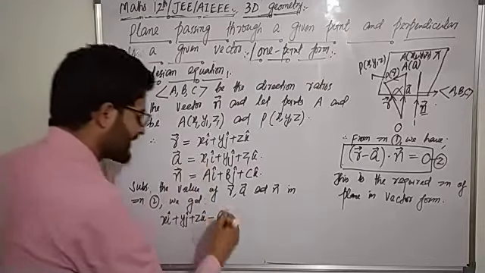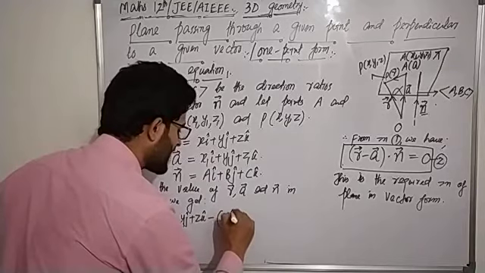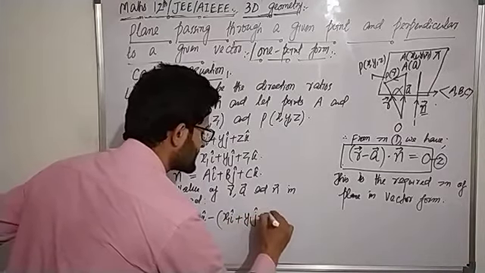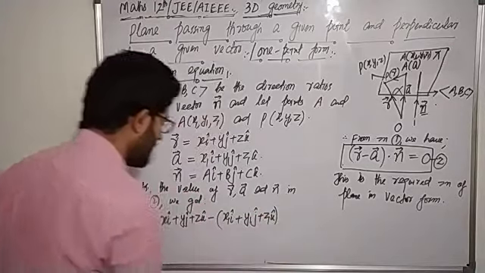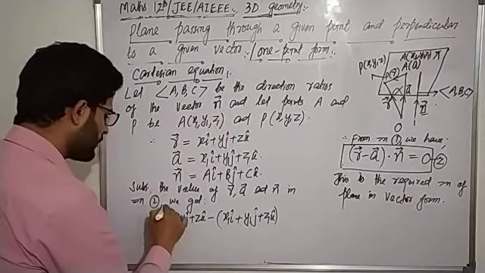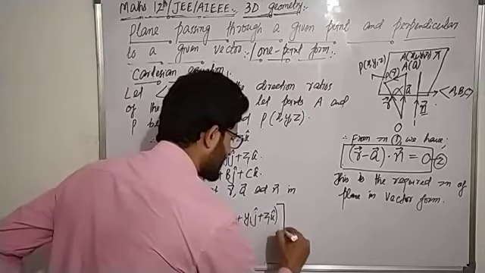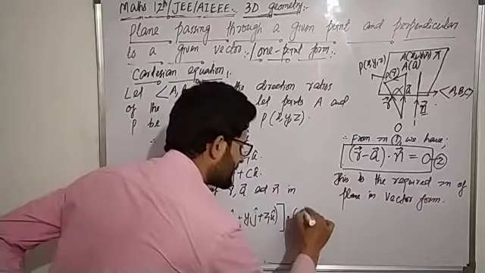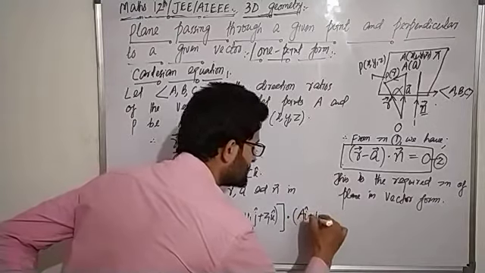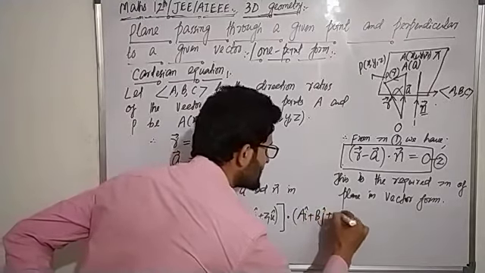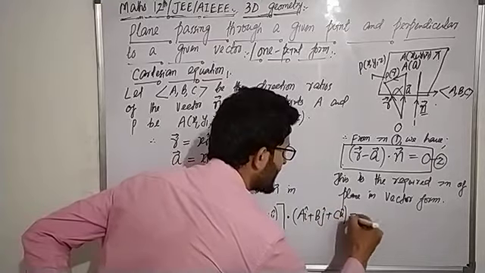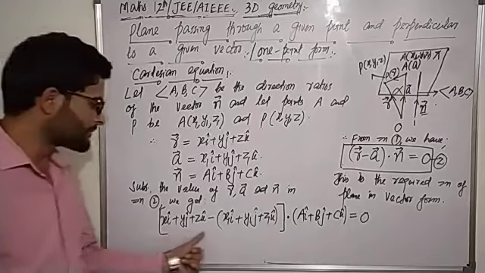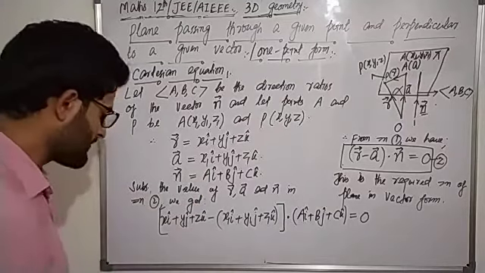Put the value of A vector, that's x1i plus y1j plus z1k, राइट। और इसको होल डॉट करना है किसके साथ, n वेक्टर के साथ। तो डॉट n वेक्टर का अपना वैल्यू पुट कर दो, दैट्स ai प्लस bj प्लस ck एंड दैट इज इक्वल टू 0, राइट। First we have to compute this thing which is within the square braces, so implies